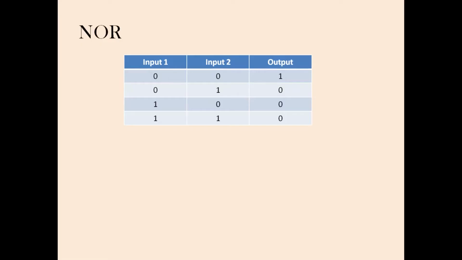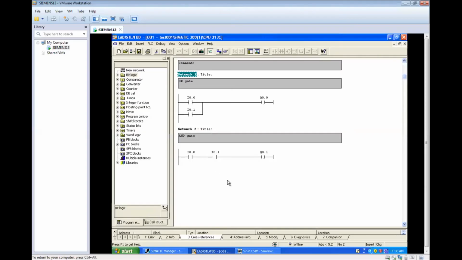Fine. Let's see the NOR gate again. NOR gate, next gate. See here, 0, 1, it's still 0. So it is an AND condition. Fine. So NAND is optional, NOR is a condition. Okay. We'll see that in the software.